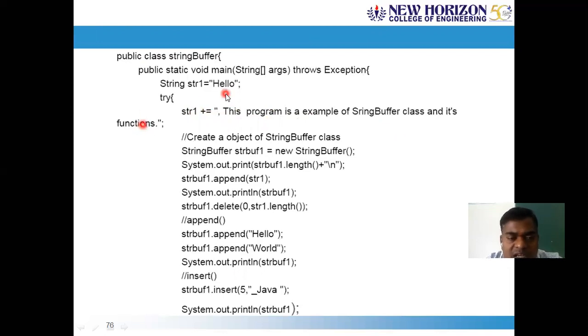This is the new string str1 that is created there. After that, you need to attach this string str1 to the string buffer. So create a new object of the class string buffer: StringBuffer strbuffer1 is equal to new StringBuffer, and try to print strbuffer1 dot length.